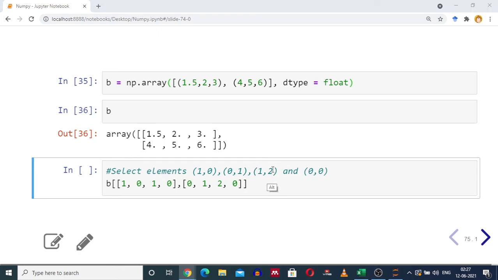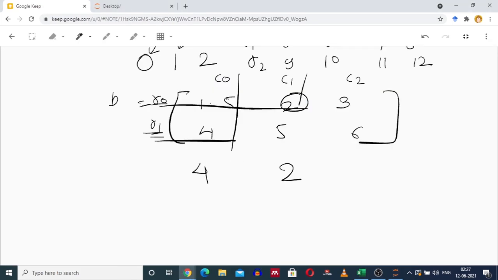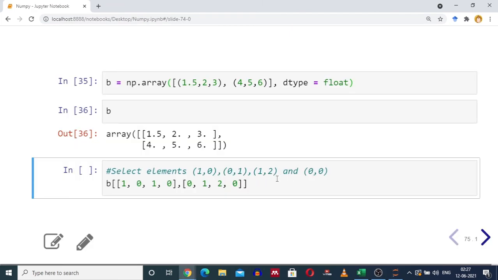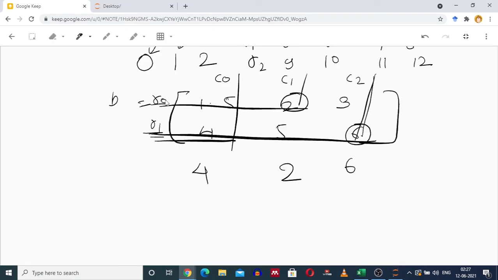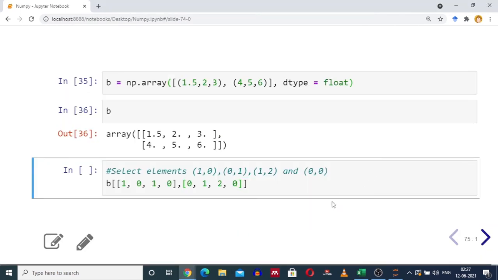Then 1 2, row 1 and second column element, which is 6. Last we want 0 0, row 0 and column 0, the element is 1. Therefore output is 4 2 6 1, which is a new NumPy array.